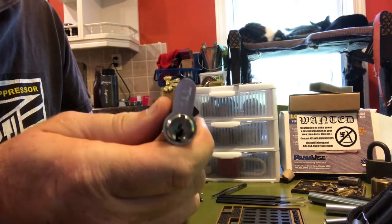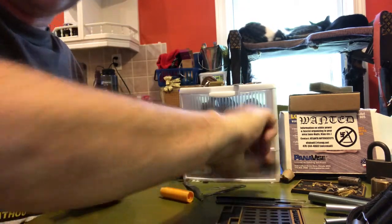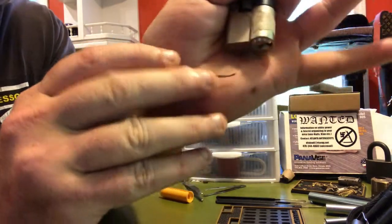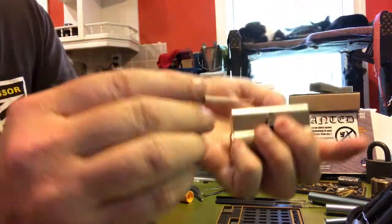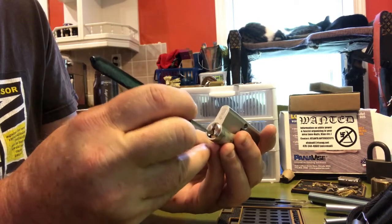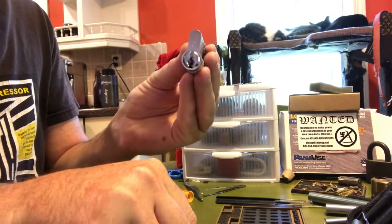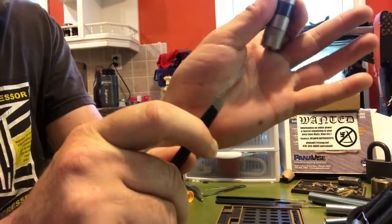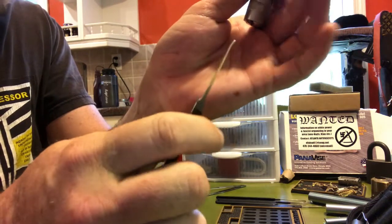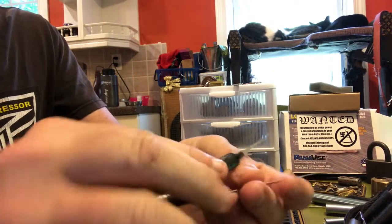If this came in as a challenge lock, however, I also happen to know, that's the wrong one. I also happen to know that I can get in there with the 25 thousandths Tron. It is not ideal, but it will get in there well enough to get to the pins. So if this came in as a challenge lock, I am probably going to immediately dismiss the 15 thousandths Sparrow short hook, which is an awesome pick, but it does feel like it's held together with an infant's neck. I'm probably going to dismiss that one, and my choice is going to come down to one of these two,